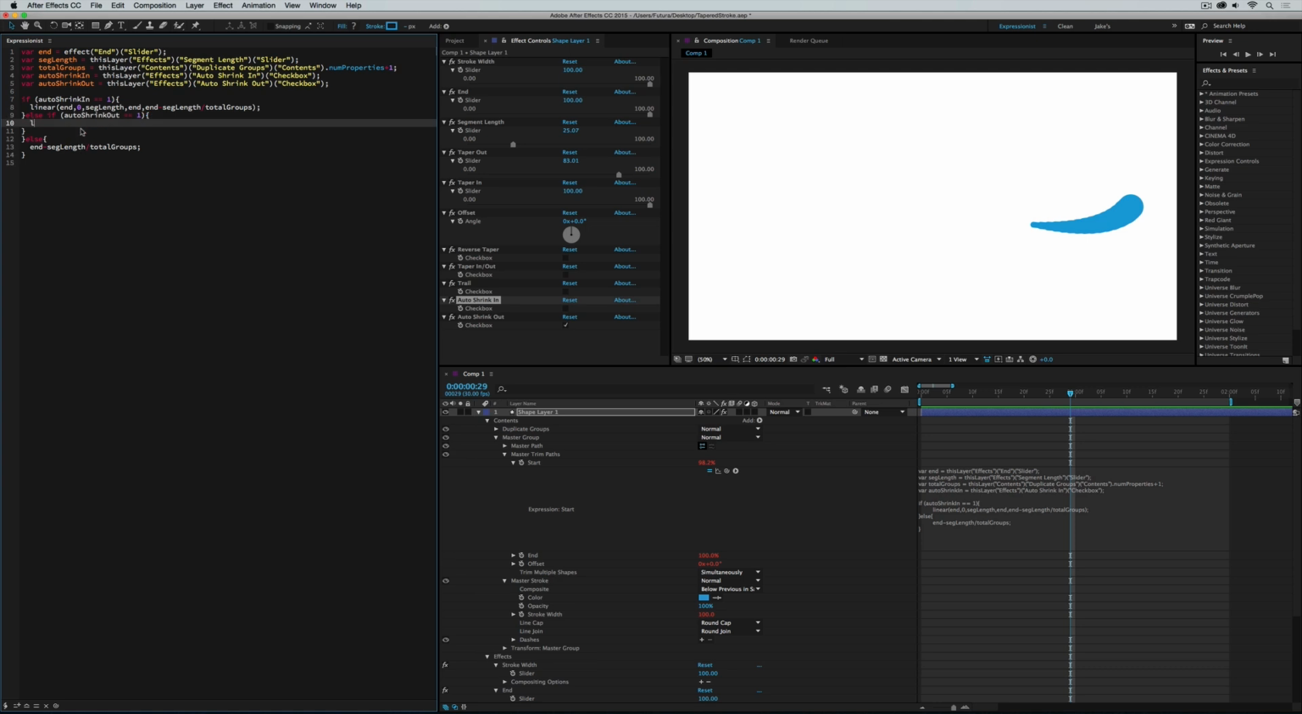then linear end, comma, and this is where it's going to get a little bit different. I need a different range if this is going to work properly. The way that I want it to behave is, say the segment length is 25. So I want the auto shrink out to kick in as soon as it's 25% away from 100. So 75. So the way that we'll do this is by saying 100 minus the segment length rather than just the segment length. Comma, 100,